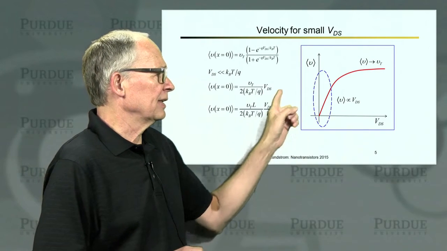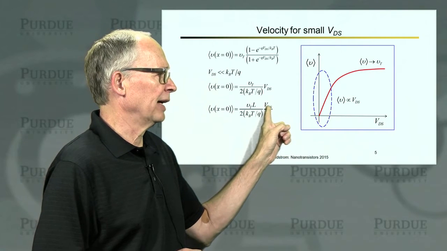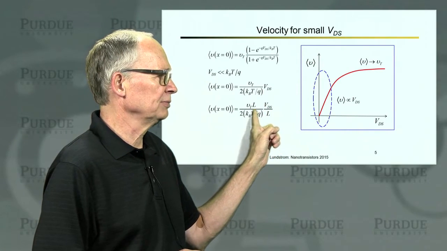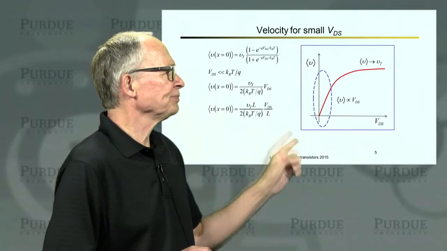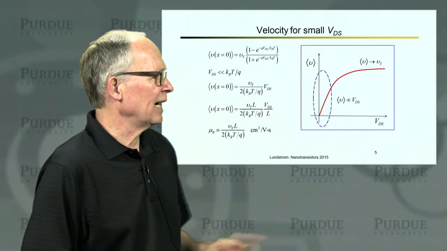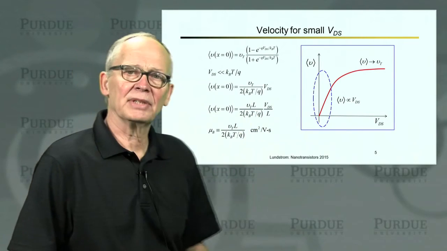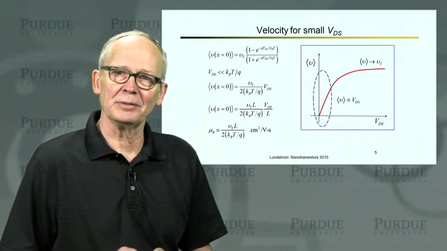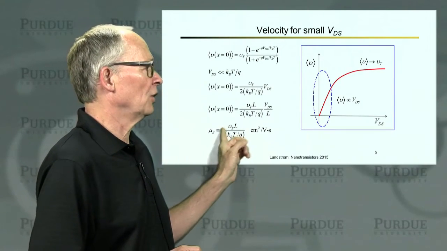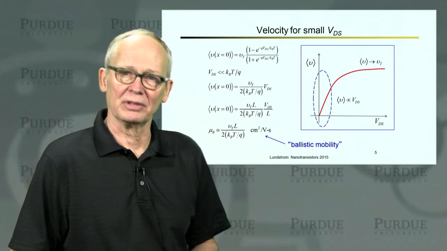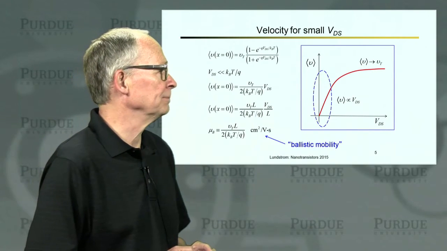Now, if I manipulate this a little bit, let me divide by L. So I have drain voltage divided by L, and then I have to multiply by L so that I don't change the formula. And if I do it that way, you can see that there's a group of terms here that I can lump together that have the units of centimeters squared per volt second. We've seen this before. We're going to call this the ballistic mobility. And maybe we can talk a little bit about what that means in a minute.